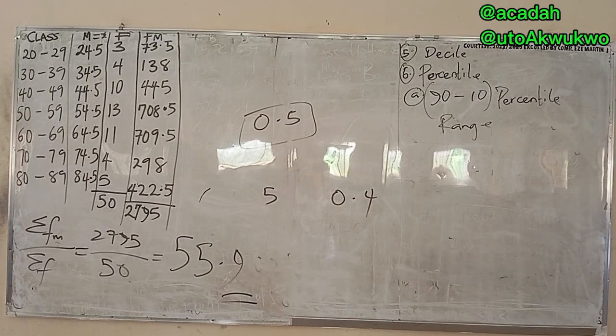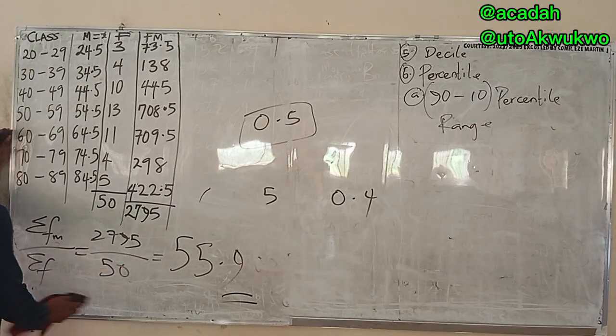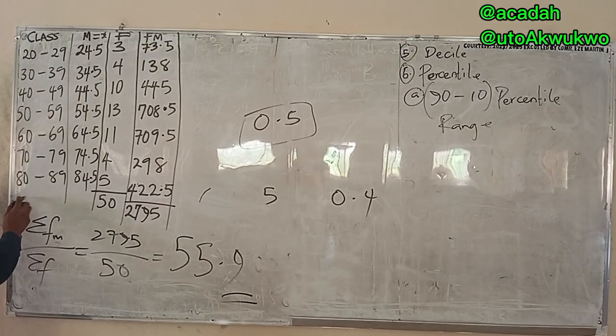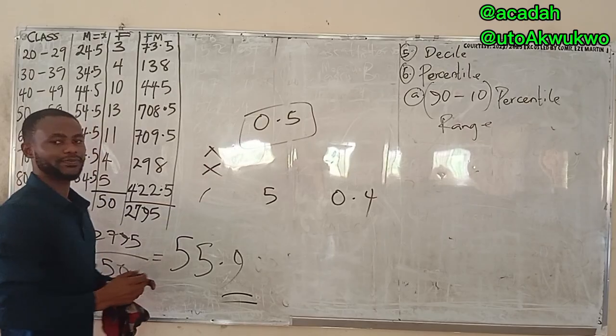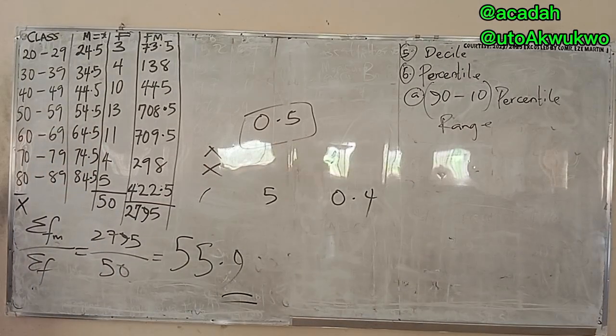So check the next question after this. So if you solve by grouping it, or solve without grouping it, you still get the same answer. But if accuracy is really required, so please, we've gotten the mean. The mean is given by x with a bar on top. While x with a caret, we call it mode.